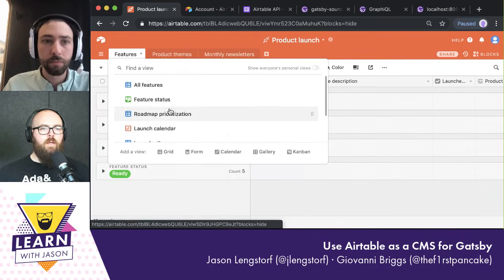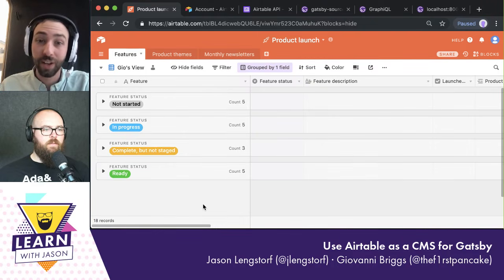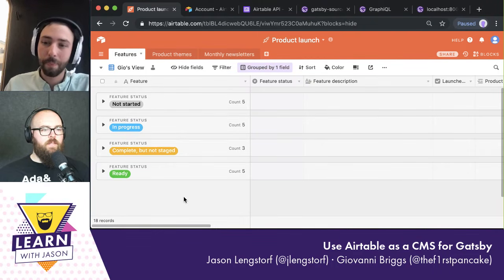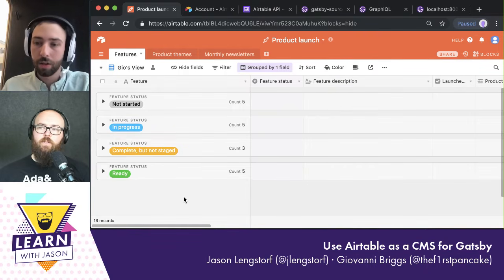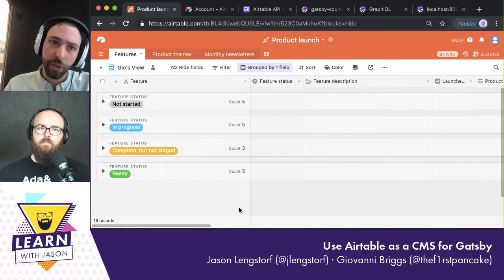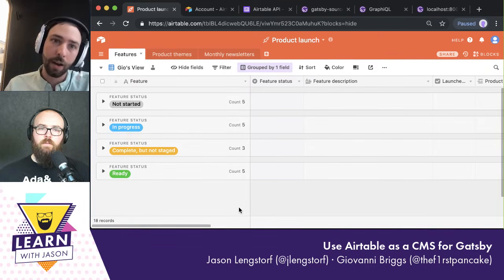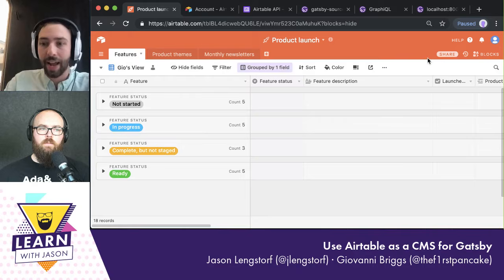Okay. Cool. With that being said, we've got a question that's been echoed about notifications that we can pull from Airtable to automatically trigger a new Gatsby build. Yeah. So Airtable doesn't have webhooks today. That's another thing that we're working on. So as states change in Airtable, we don't necessarily send out